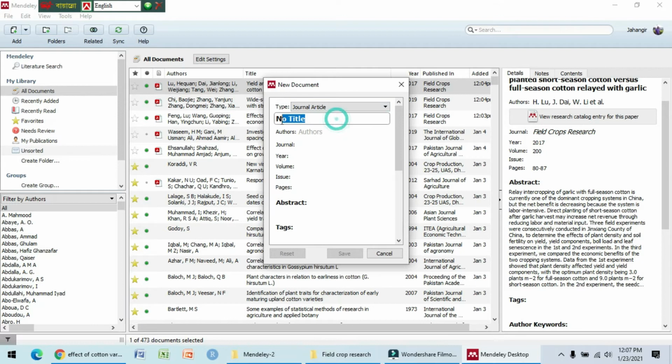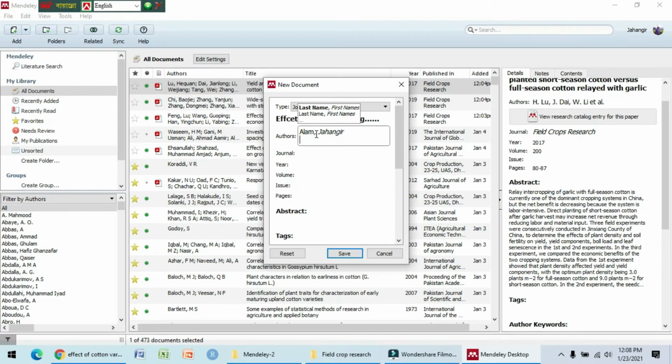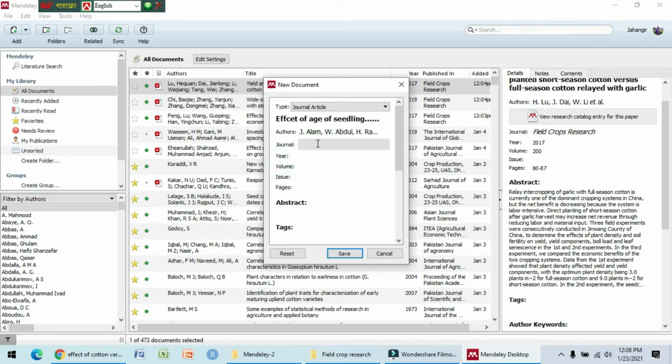So first the title, effect of age of seedling, etc, etc. Now we can write the author: Alam Jahangir, another Abdul Wahab, another Rashid Harun, etc, etc. Now after that, the journal, agronomy journal.